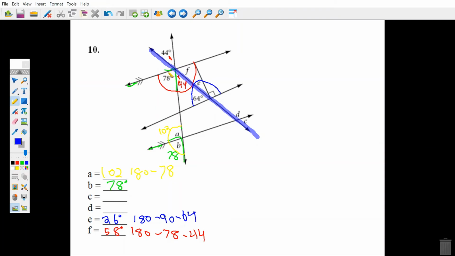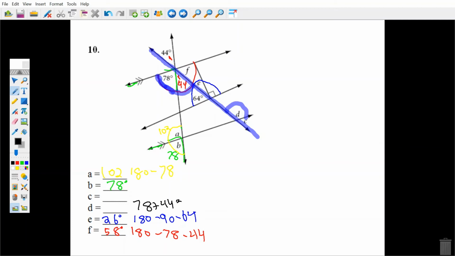This transversal has, so this angle right here, it actually is a combination of two angles, 78 and 44. Those added together will be alternate interior angles with angle D here. So for D, I'm going to go 78 plus 44. That will equal,